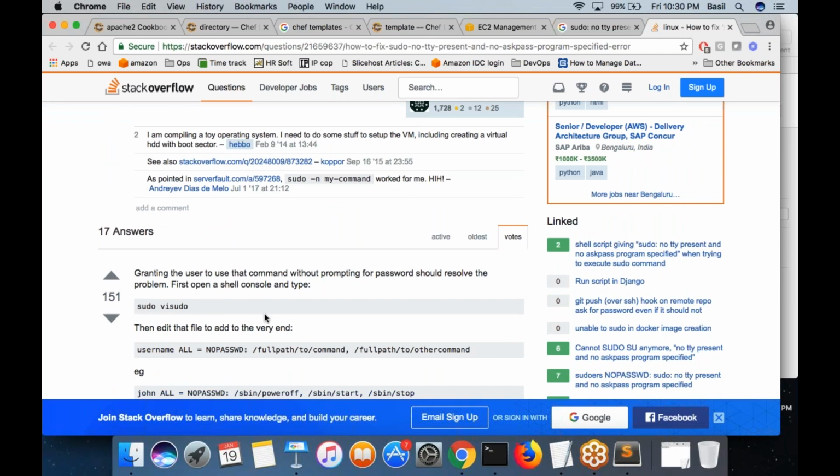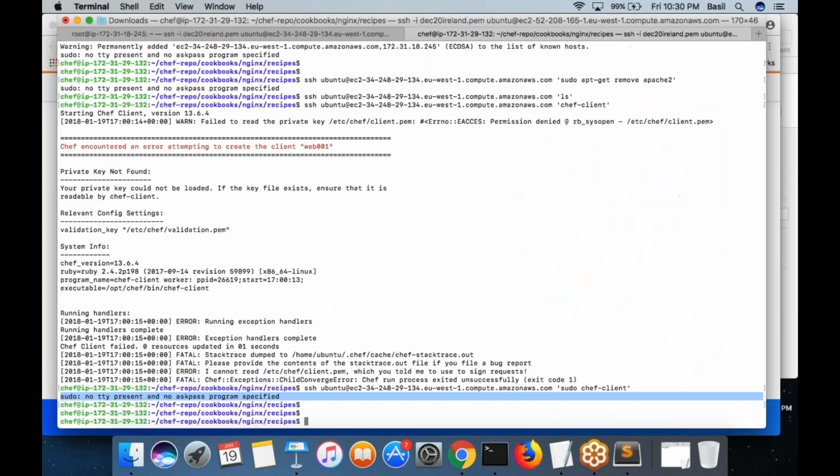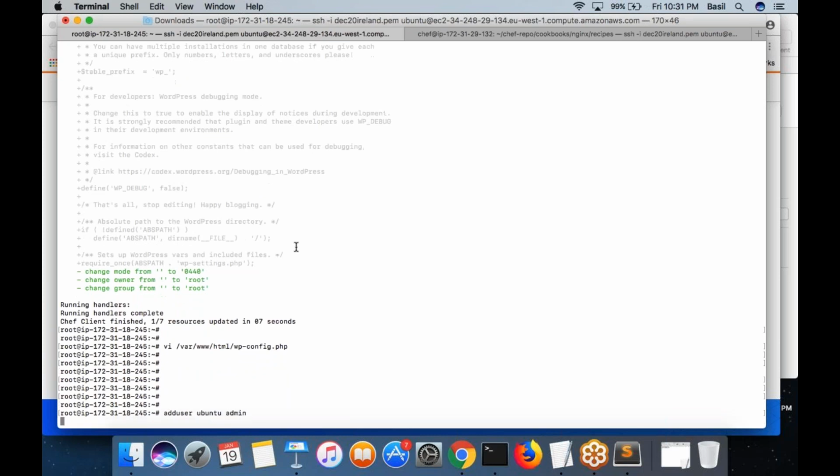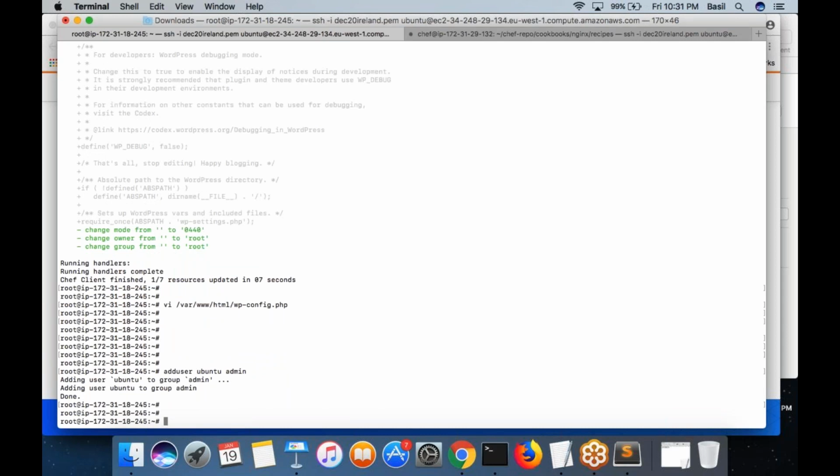I think I did something wrong in my sudoers file, or Ubuntu is not a sudo user anymore. Let me add the user ubuntu to the group admin. Is that the problem?